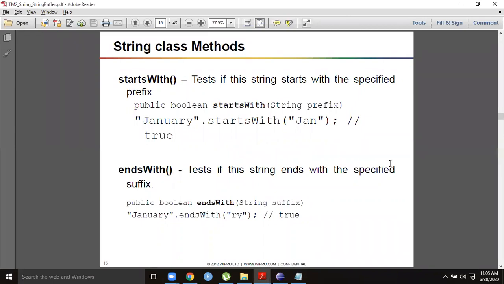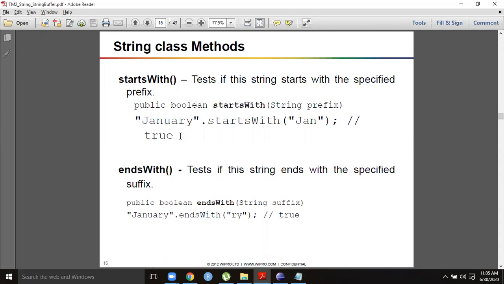Next, the startsWith and endsWith methods. The startsWith method is used to check whether a particular string starts with the given prefix or not. Suppose you see this example, January is the string. You are verifying whether the string starts with Jan. Jan matched, so in this case it returns true.